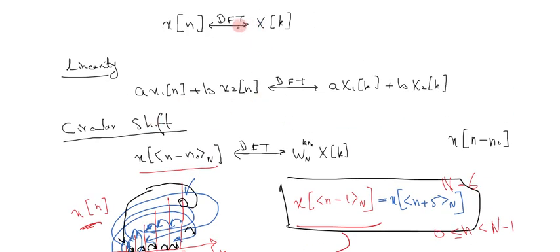So according to the DFT property, if you circularly shift your signal, your discrete Fourier transform is multiplied by an exponential W_N raised to the power k n naught. And here this n naught is the same as given in the time domain. This n naught is the amount of delay or advance in your signal. As you have shifted your signal in the time domain, you can also introduce a shift in your frequency domain.